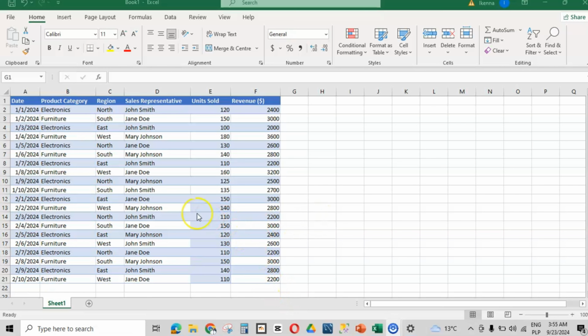So we are here in the Excel worksheet. This is the data set I made mention of earlier. In this data set, we have the column for date, the product sold, the product category, the region, the representatives, then the units sold, and the revenue the product generated. So now we have these columns. Like I said before, we are going to use pivot tables to analyze this